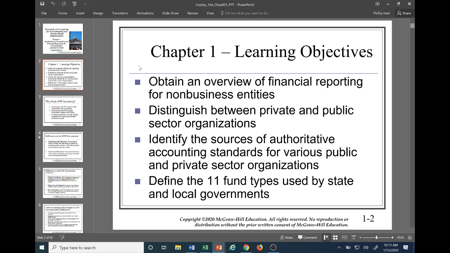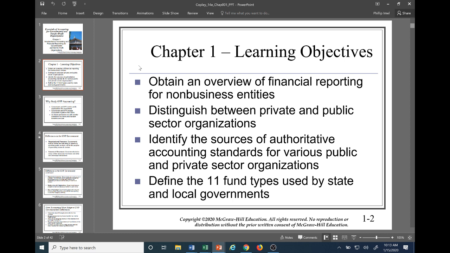I don't know if anyone's ever heard of the term fund accounting. That's probably new to you. Right now, we're probably more used to your balance sheet, your income statement, statement of cash flows, notes, and statement of owner's equity, stuff of that sort. Well, in governmental financial statements, a big part of it is made up of fund accounting,